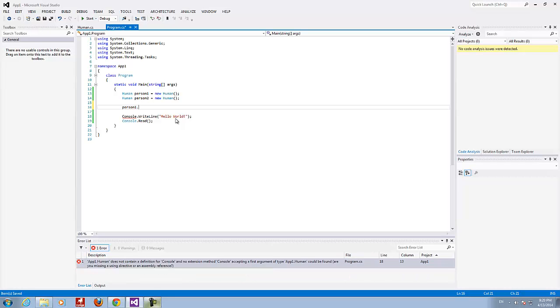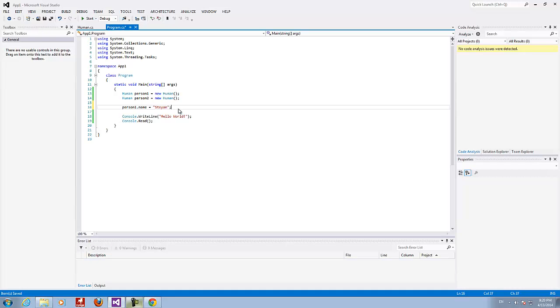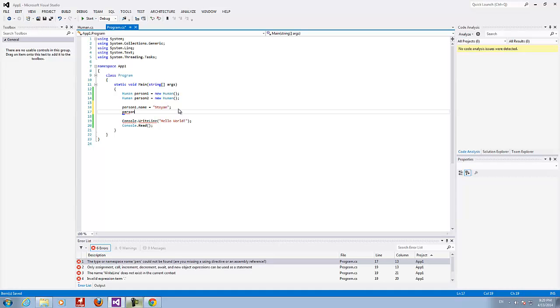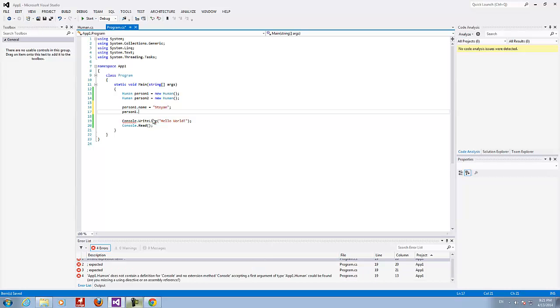Fields are nothing else, I will repeat again, but variables declared in the body. Okay, so now name, and I will say Stoyan. So let's make these persons with a name and age. Person 1 age equals 50, and after that person 2.